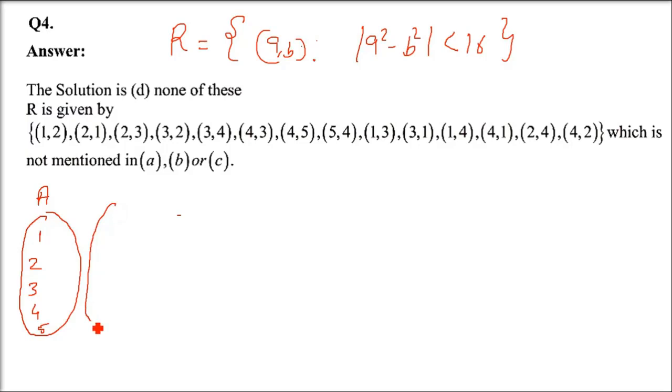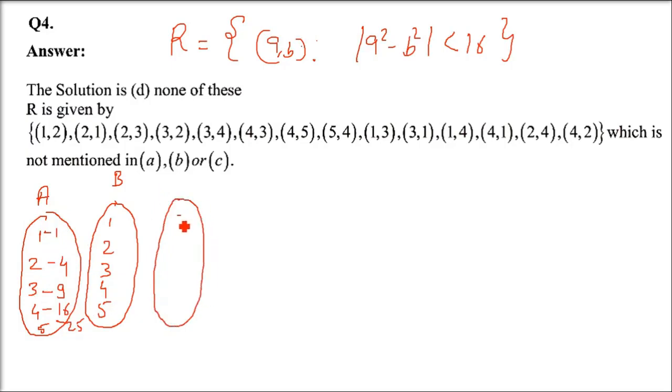So same thing. My handwriting is not good, so kindly deal with it. What can I do? Anyways, A is this, and the B is also A. I'm just writing it as B just to show you that we are taking A cross B. Here A and B are same. I'm squaring it now: 1, 4, 9, 16, 25.